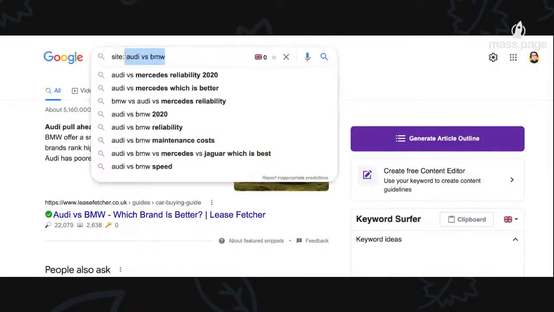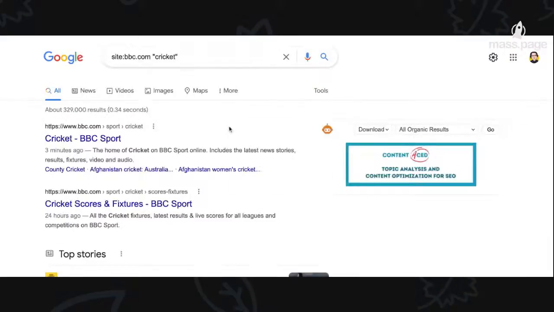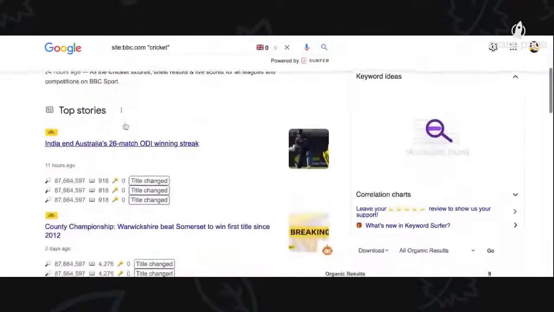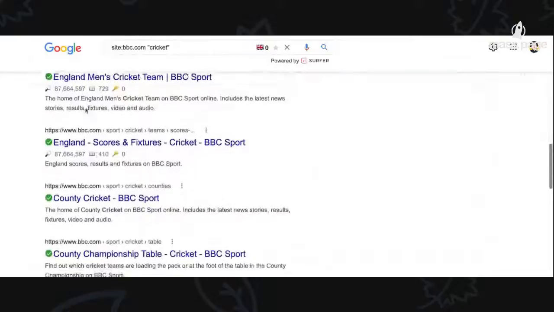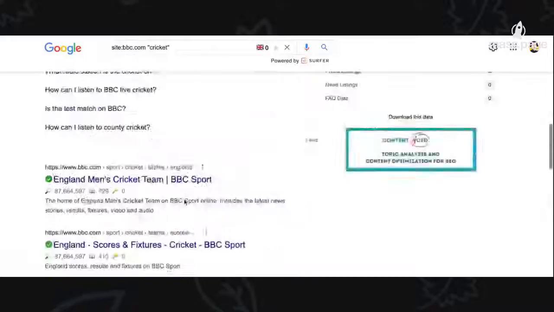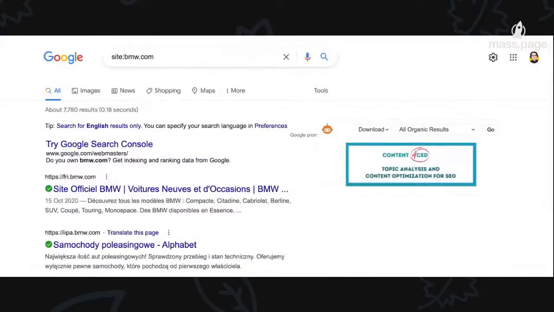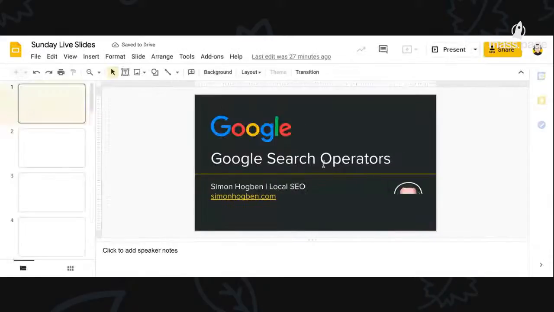Also, if I wanted to find a particular topic, I could put in, let's say, bbc.com and then the exact term in quotes, and I'll go through and basically find pages that are all about cricket from the BBC. So I thought that was quite useful, and that's just one of the things you could use to start. So if I go back to the slides,